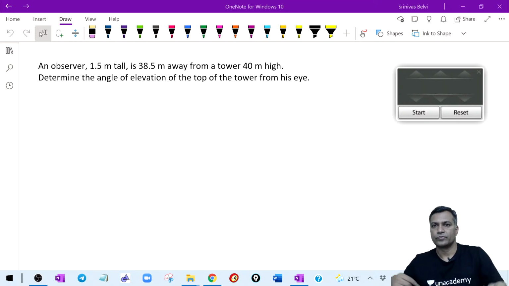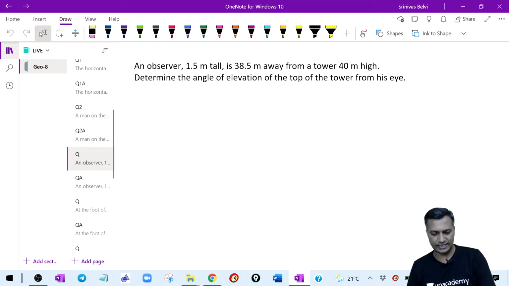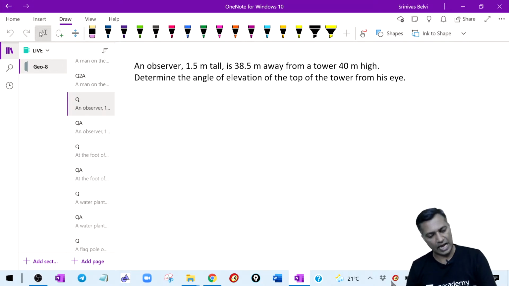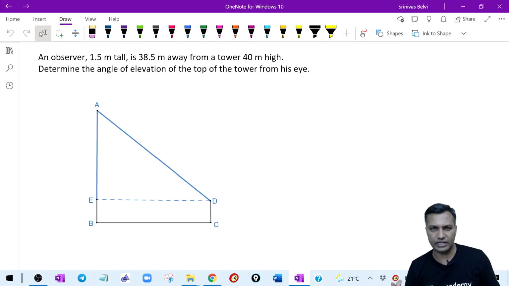Yeah, very good. 45 degrees, that's right. What I'm trying to say is, by the look and feel of the numbers, try to identify the angles also. It can be the other way round as well. It need not be 45 degrees. I can ask for 60 degrees also. I can ask for 30 degrees also. For some nice numbers, I can always put